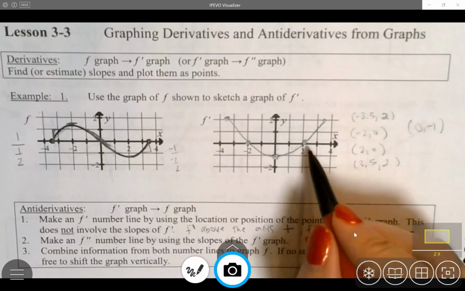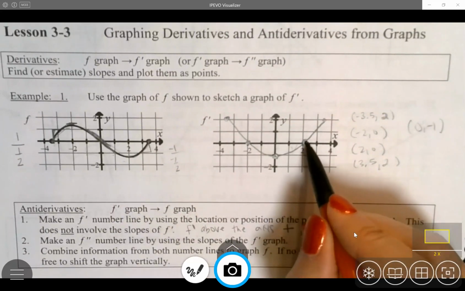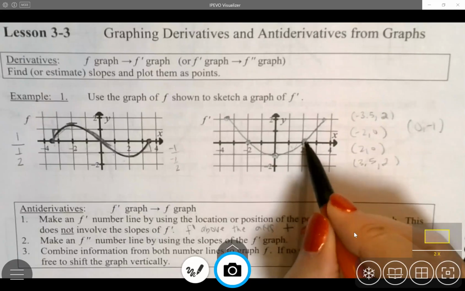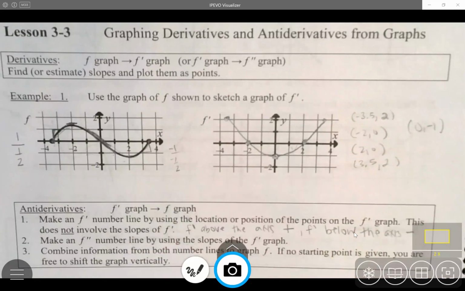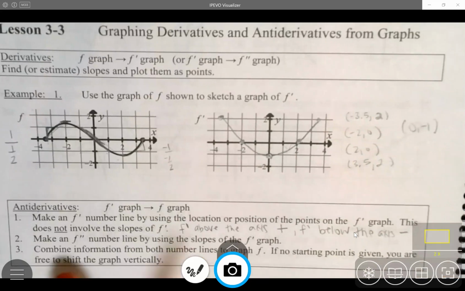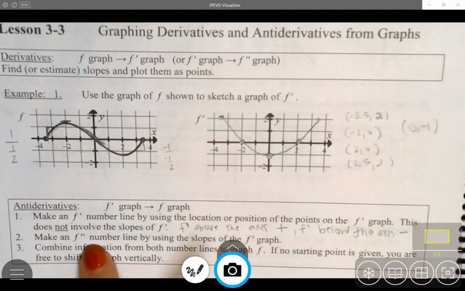So right here, I've got this f prime is 0, and that means it was a max or a min, and I don't know what the y value is, though. I just know a max or a min occurred, okay? All right, so then the second thing that you're going to do is make an f double prime number line,